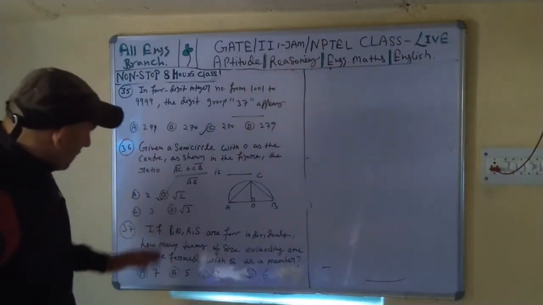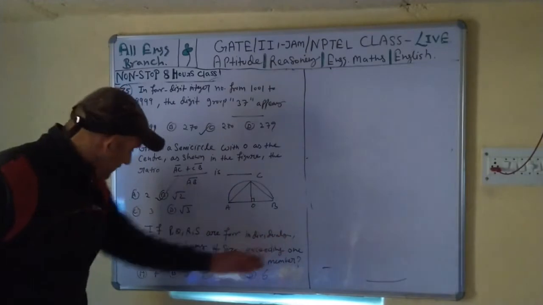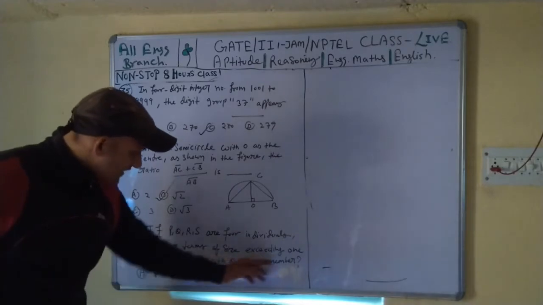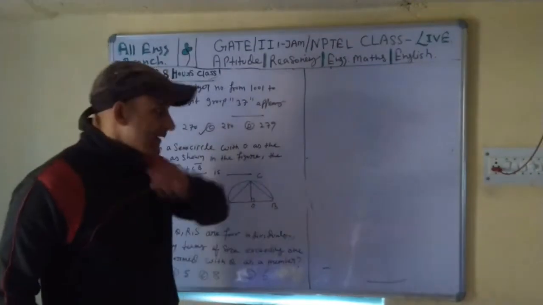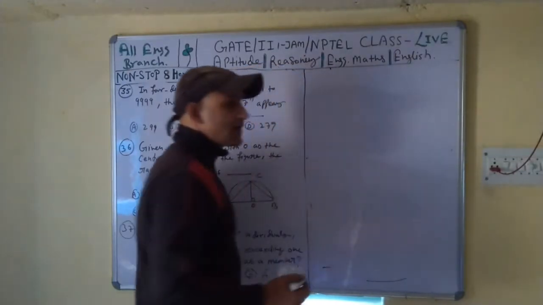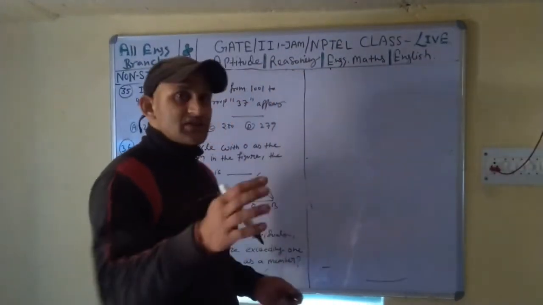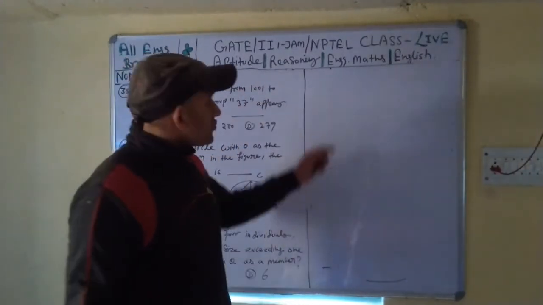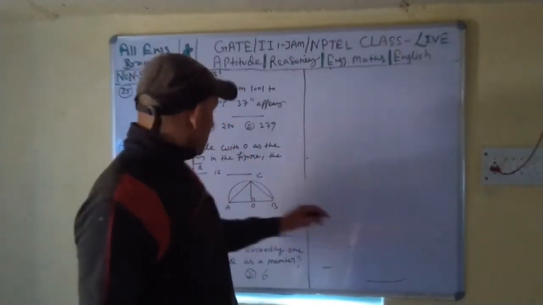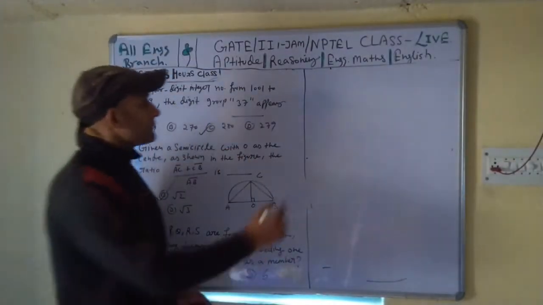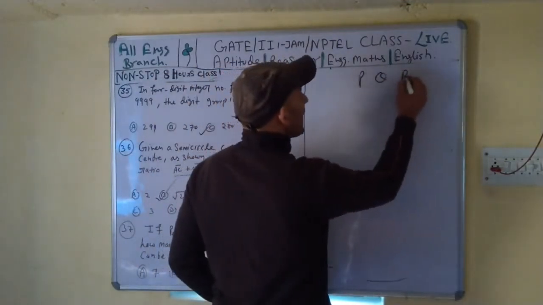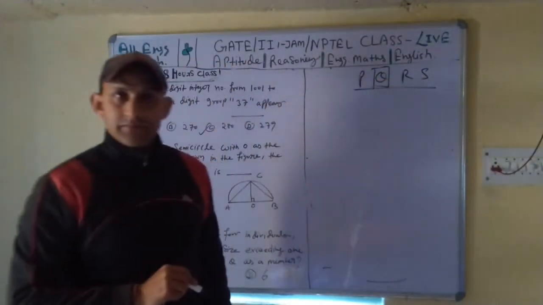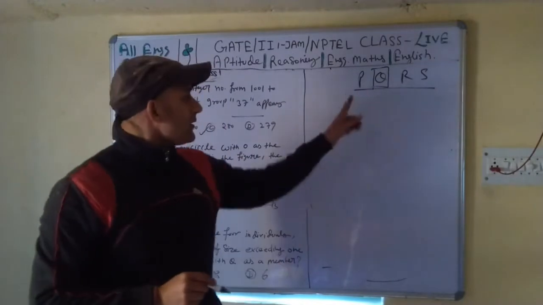So you have total number of PQRS, 4 individual members. How many teams of size exceeding 1 can be formed with Q as a member? Means Q will be the member. Suppose Q is Sachin and Sachin will be the member of your team. So in this condition you will never think about Sachin, you will think about the other people. There are total 4 people, and already you have selected this person. Now the rest of 3 people, PRS.